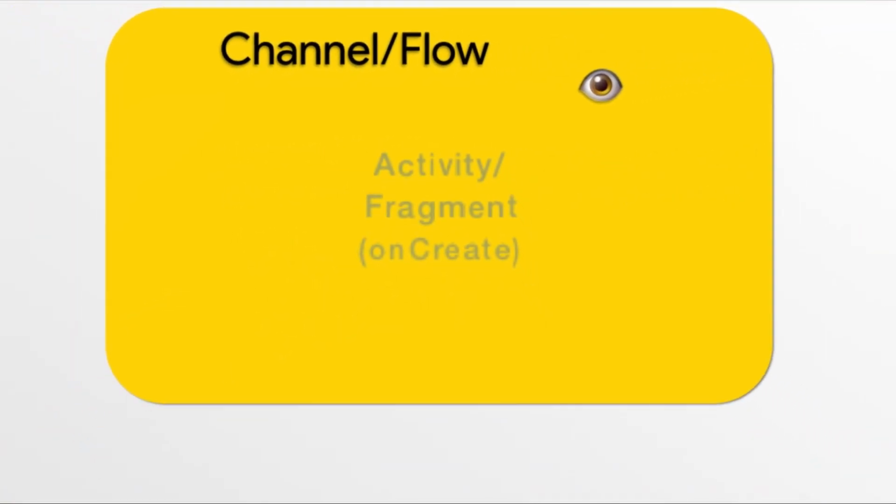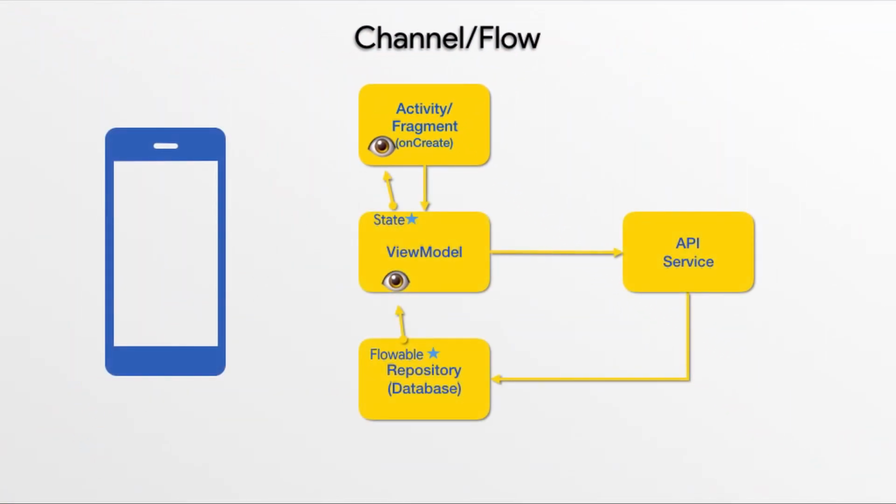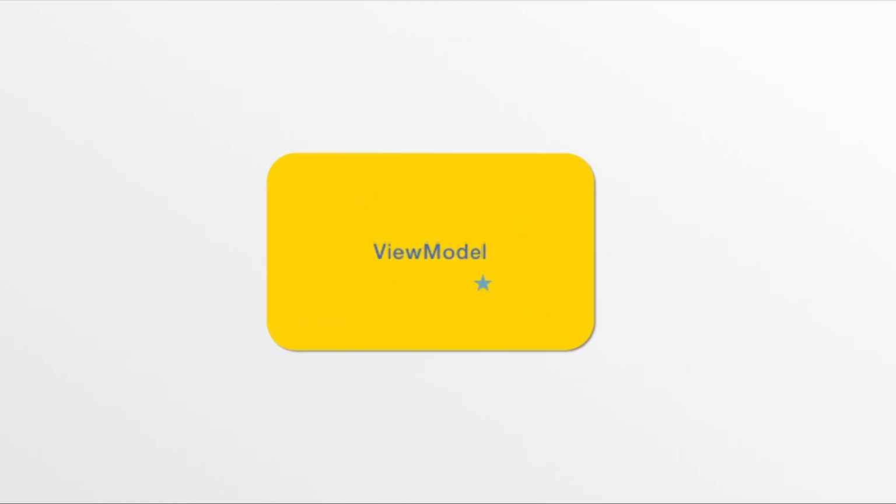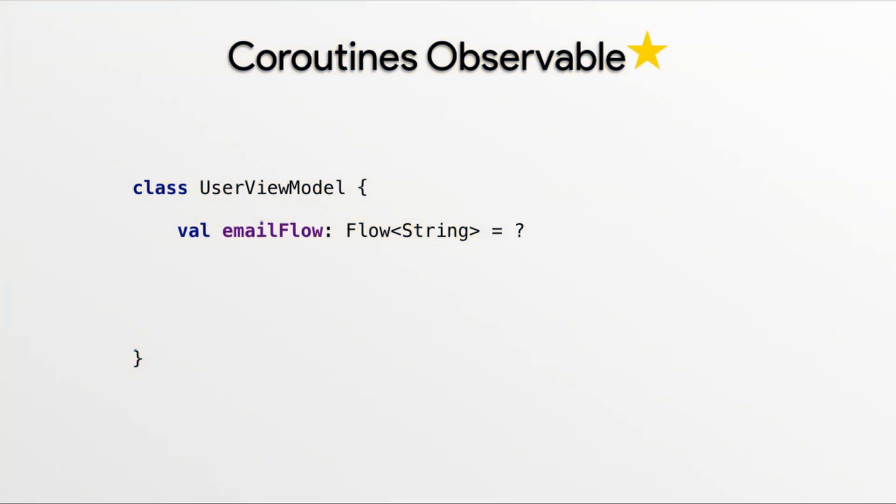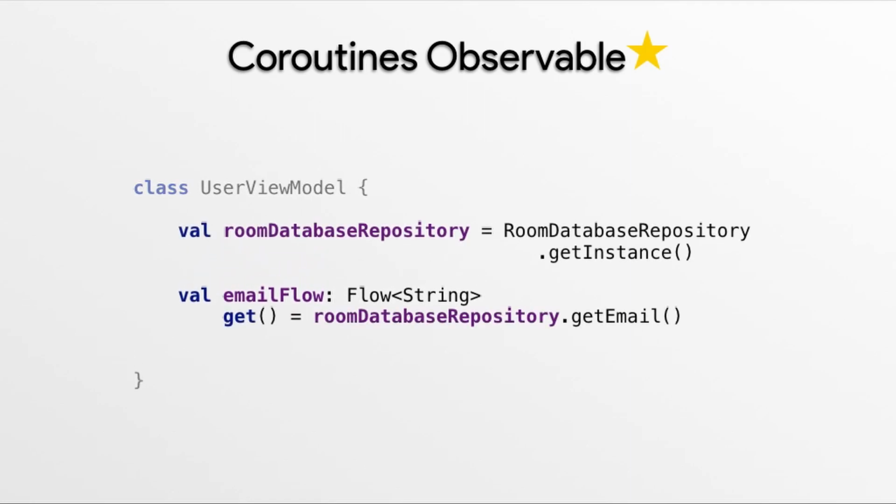So otherwise things are very similar. Now you know how to observe. How do you handle observable? We have a flow object, room database, same as before. The room has coroutine support, and you can get a flow, which is nice. And I suggest you use it. But assuming you have to handle the data yourself,